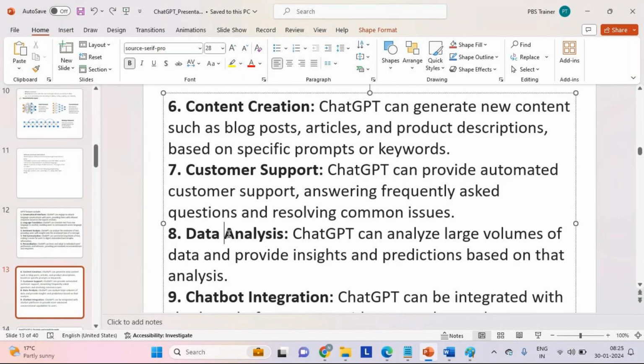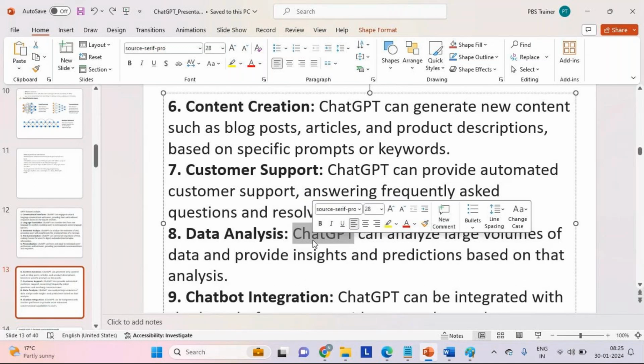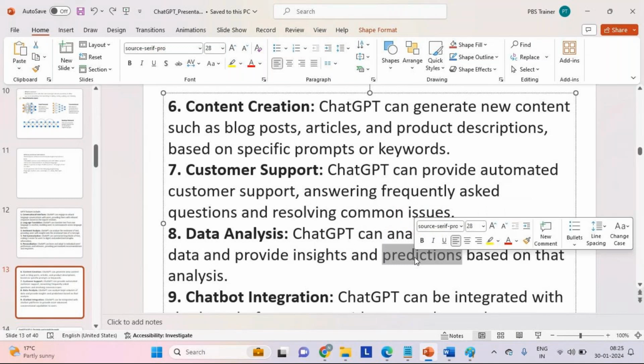Instead of that, first we need to carry out analysis, and based on the result of analysis, then start building the logic. Data analysis using ChatGPT is going to help us a lot. Based on that, we can predict what to be done as part of logic. That's why data analysis.